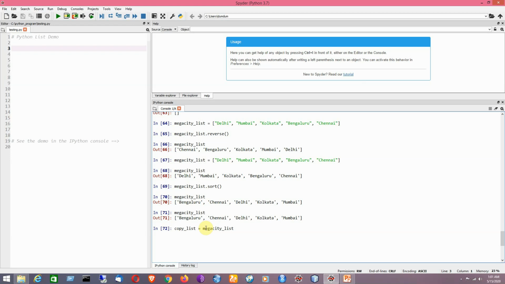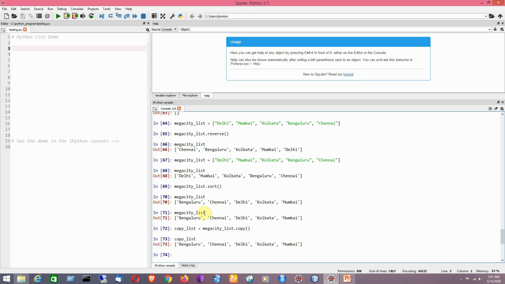So dot copy, that is the name of the function. If I try to print it, it will show the same list of elements. In that way list elements can be copied into another list.